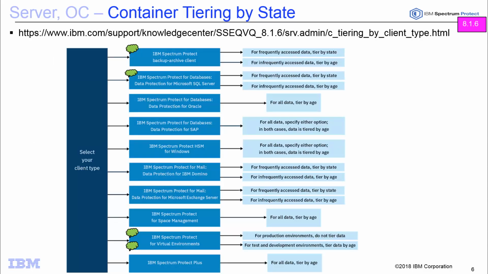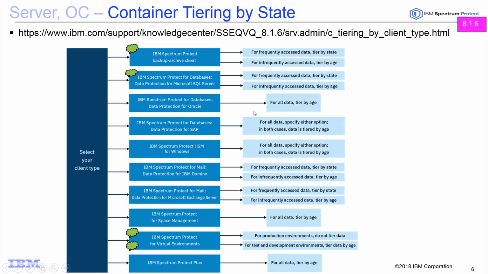Now, this is the link I was talking about that refers to the different types of data that might be inside of a directory container pool. So for instance, you might have backup archive client data. And for that, you can either use tier by state or tier by age. You might have database, and specifically in this case, SQL, which could also be tiered either by state or age. However, if you have database data, then we say you should tier it by age